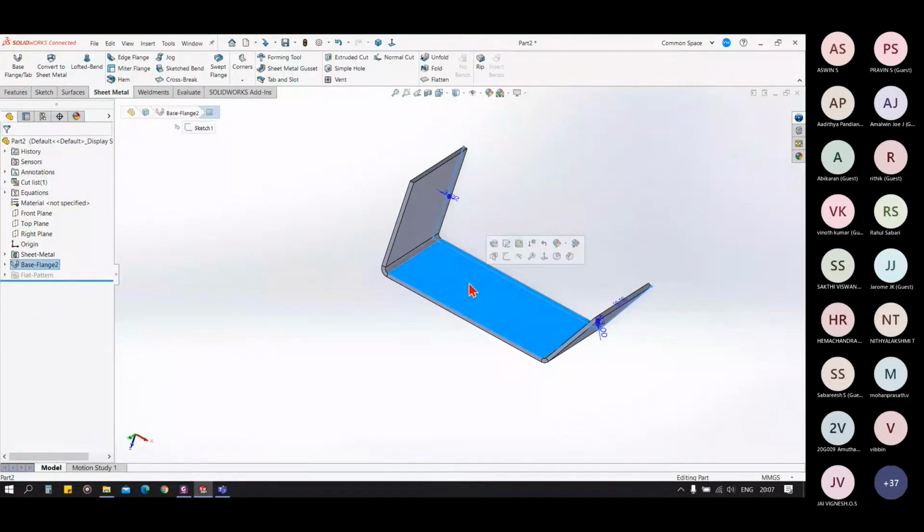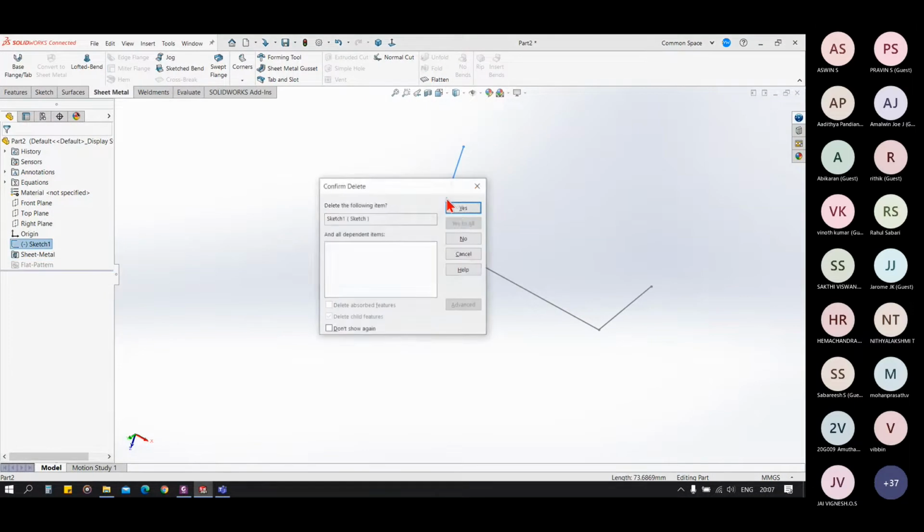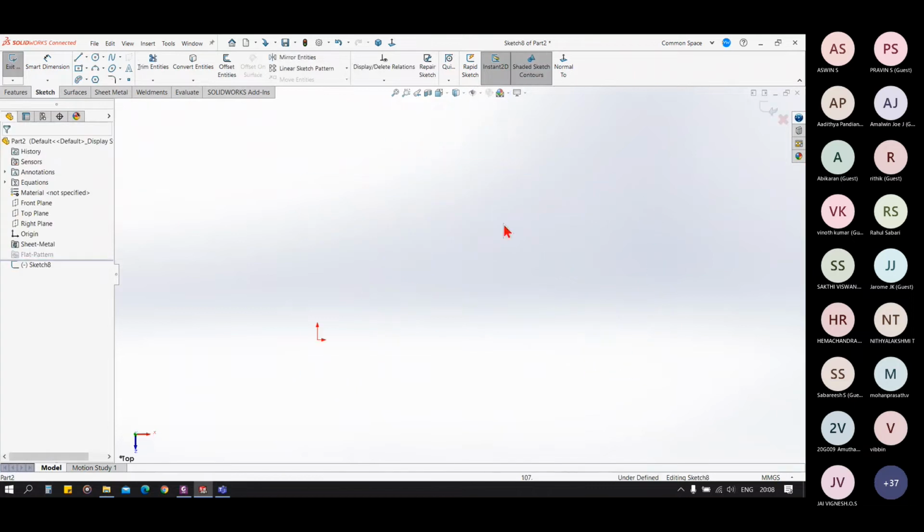Okay, so let's go to the next feature, convert to sheet metal. For convert to sheet metal, I will need a 3D body, a 3D solid block. So I'm creating one body for example.